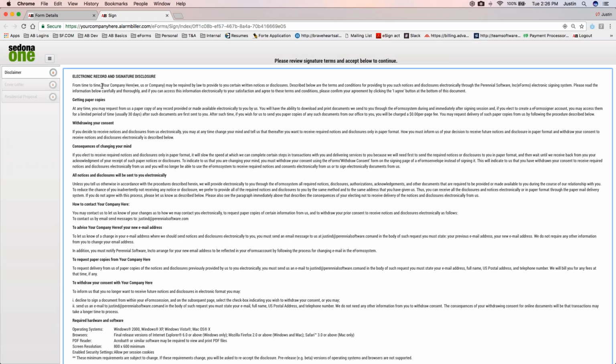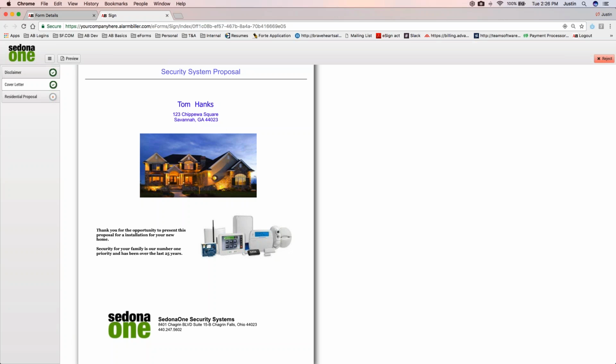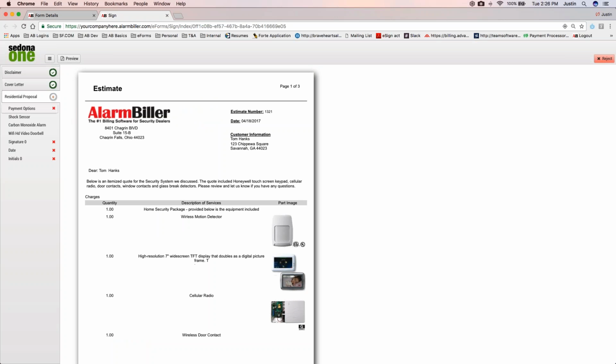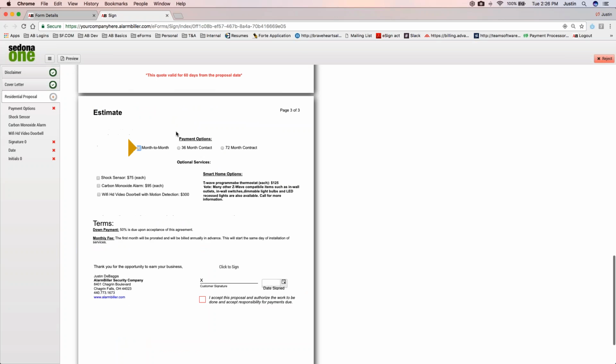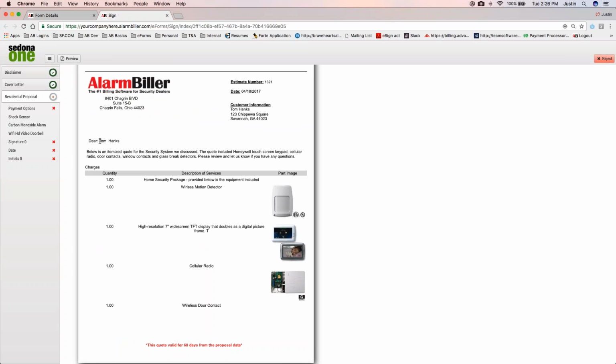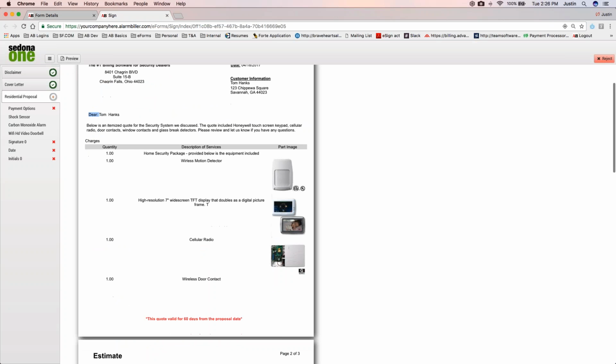So here's your cover letter. And since this was a package, it has the cover letter. And then on the second page, here's the residential proposal. Now, these X's are all the required fields. So for example, if we go through this proposal, and I want to come back up to the top here, you can see that the name was auto-populated, the customer address, estimate number, date,